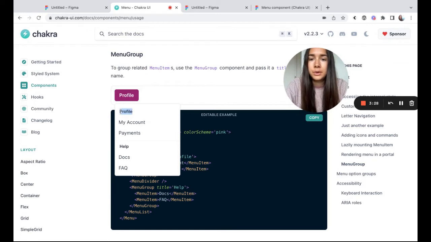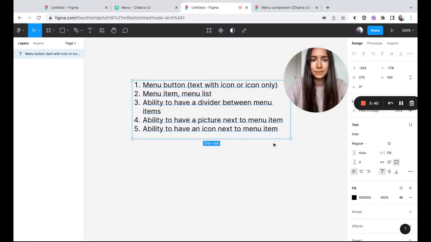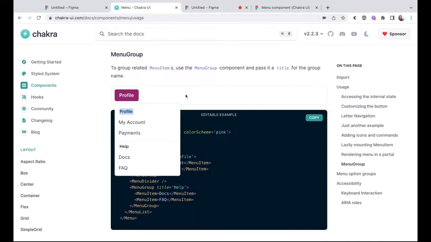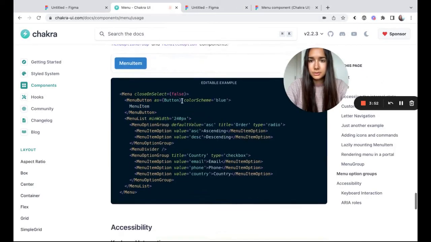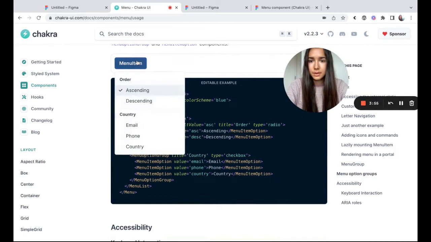So another thing that we'll have here is that we will want an ability to group menu items in a group and have a title. And I think last thing here is that we want to be able to show menu items as selected.